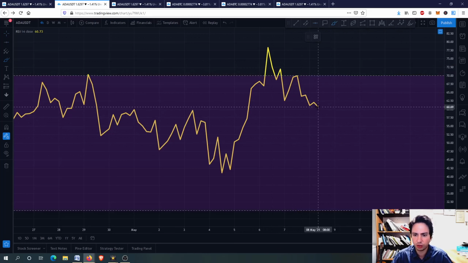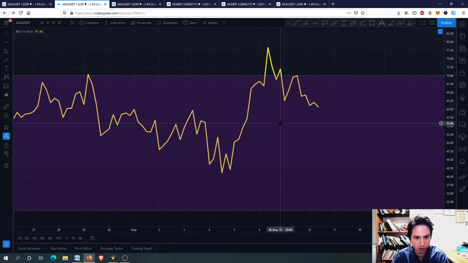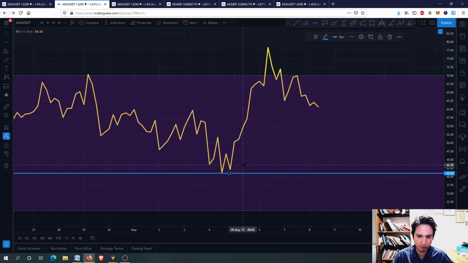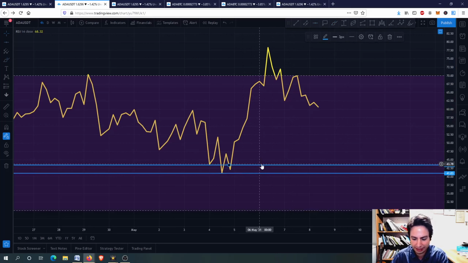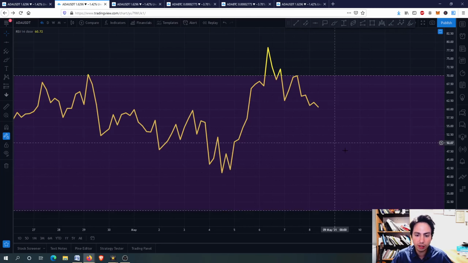We want to see for the RSI again higher highs and higher lows, and eventually going like this. We don't want to see it going, of course, beyond this support level or even here, okay? We want to see it maintaining high RSI, even above 40. This will be good. If we maintain this level, then we can actually move upwards and hit new highs for ADA.